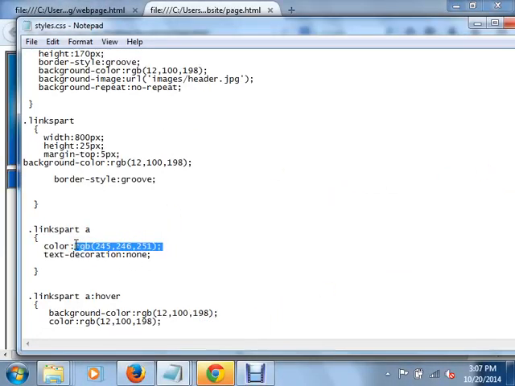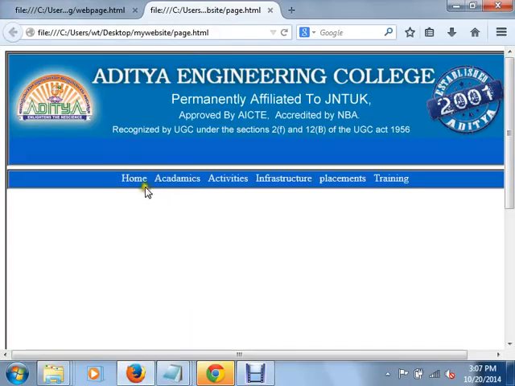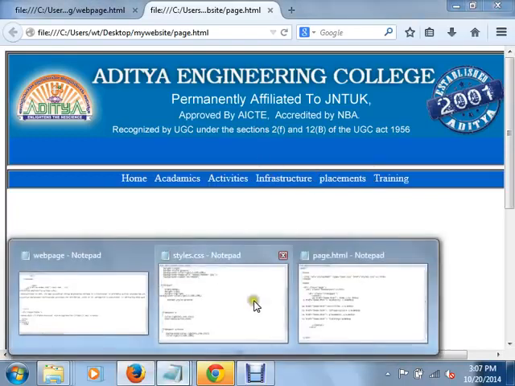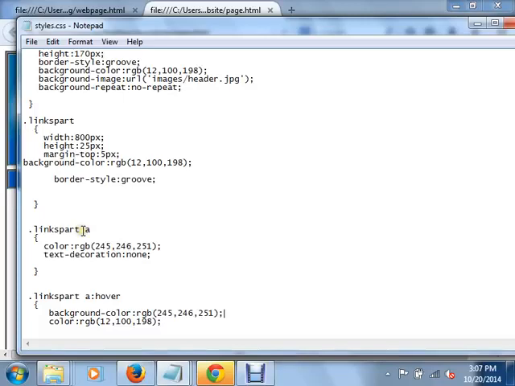This is the pseudo class hover. This property is telling that initially the a tag uses the white color, but if the cursor is moving over here, that is hover, I am changing the color to the background color and putting the blue color as the foreground color. Okay, with this the links part is completed.